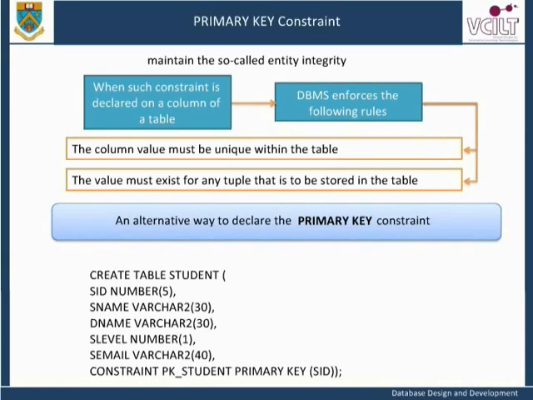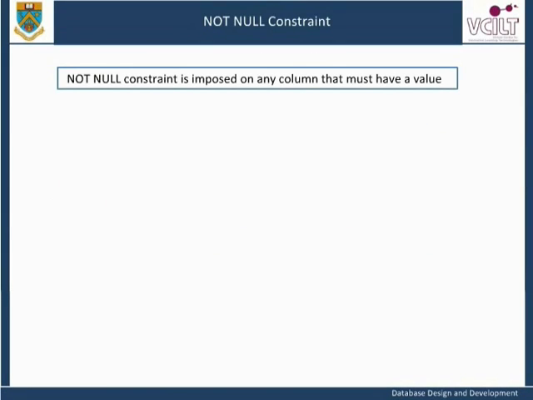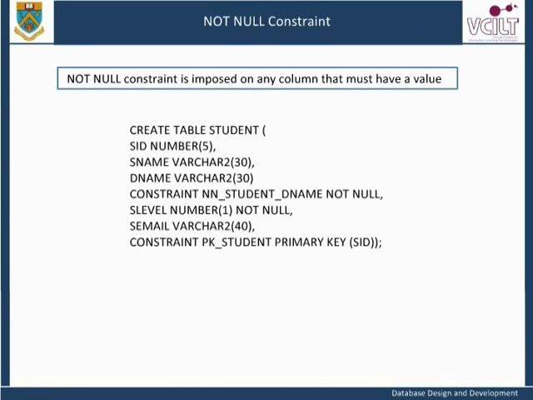The not null constraint is imposed on any column that must have a value. In the student table, for example, the attributes dname and level can have this constraint declared on them to reflect the application requirement that whenever a student is enrolled, he or she must be assigned to a department and be at a certain level. To declare the constraint on dname and level, we can use the following SQL statement to